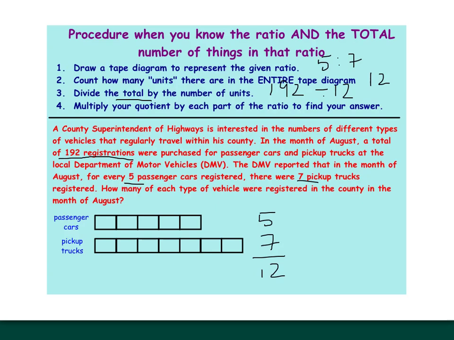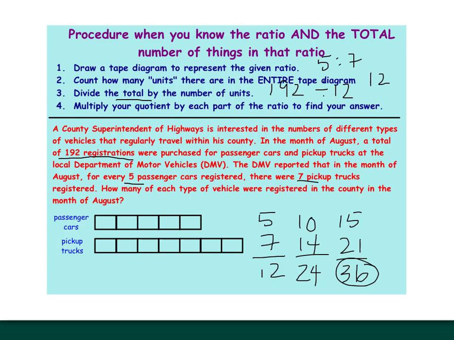Basically what I'm doing, I have the ratio 5 to 7 right now. An equivalent ratio would be 10 to 14, and that would give me 24 vehicles total. Another equivalent ratio would be 15 to 21. That would give me 36. So notice I could keep creating a table of equivalent ratios like I've done on previous days, but to get all the way up to a total of 192 down here, that's going to take me a lot of time. So instead, I'm going to use